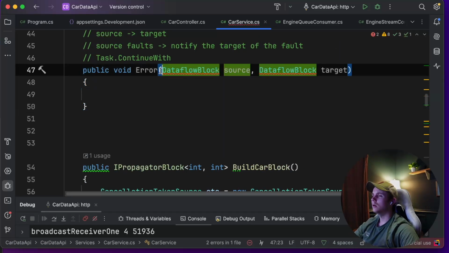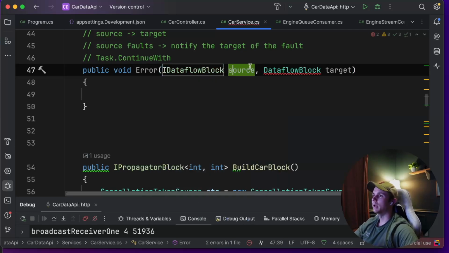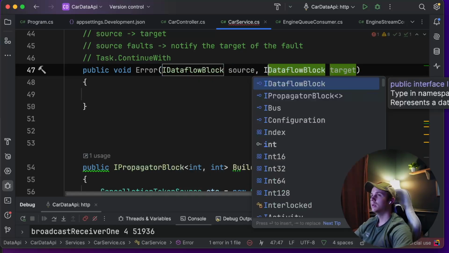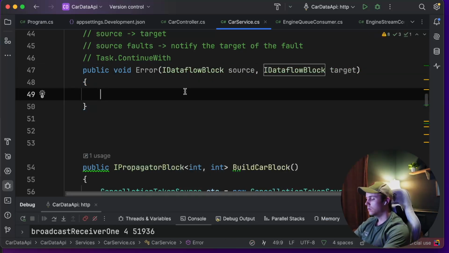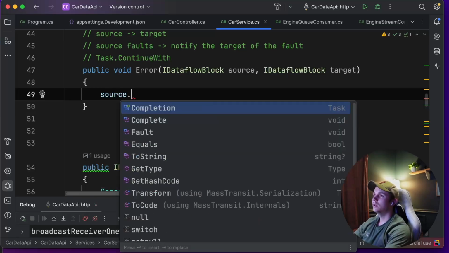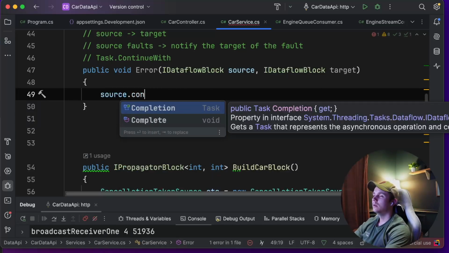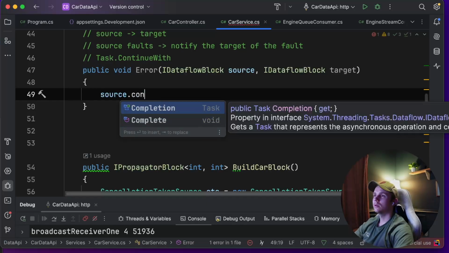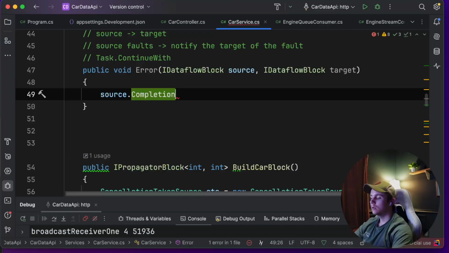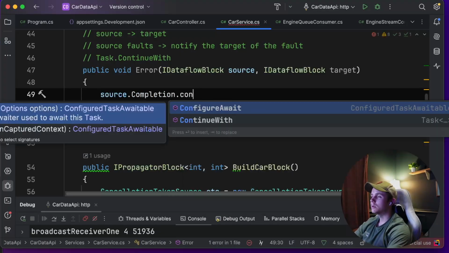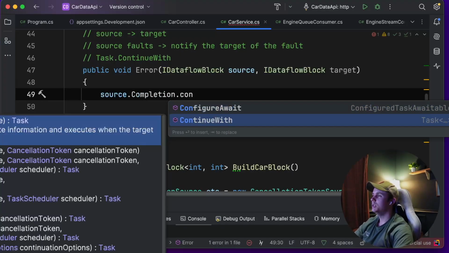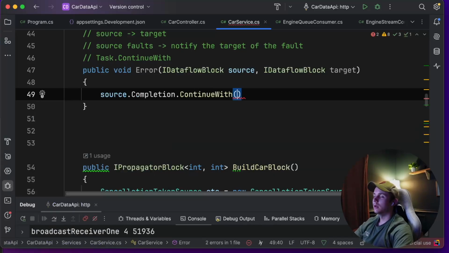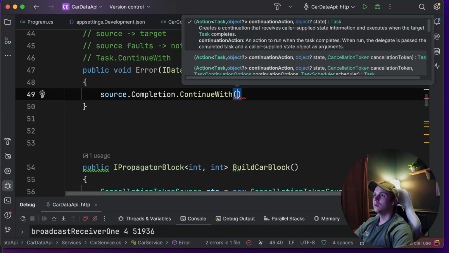I think it's I. Yeah, we had to use the interface. Okay, so we have now. There it is. It's on the completion of the task. I always forget that. All right. So, okay, we got here. So,